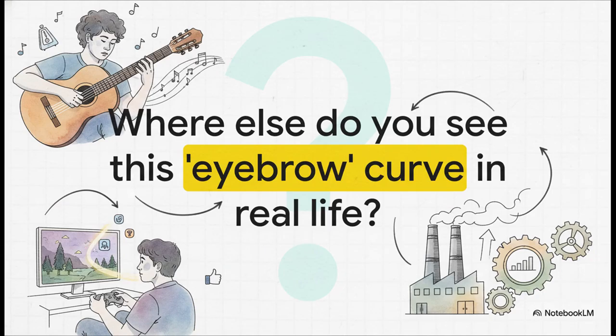So I'll leave you with this question. Now that you can recognize this pattern, this rapid initial growth that's followed by a leveling off, where else do you see it? Think about learning an instrument, or a new business growing, or even your own progress at the gym. The eyebrow curve is literally everywhere. Once you know how to look for it,